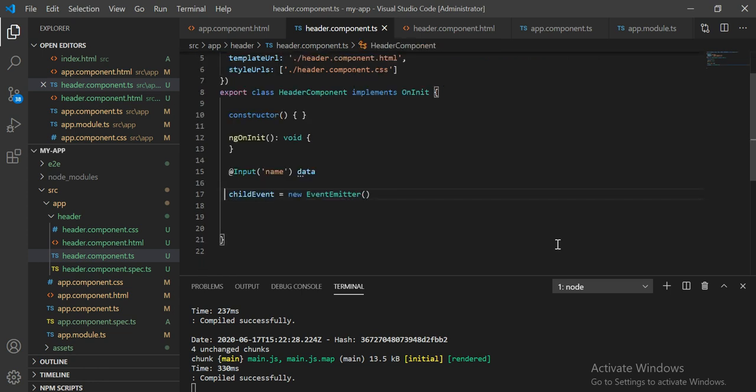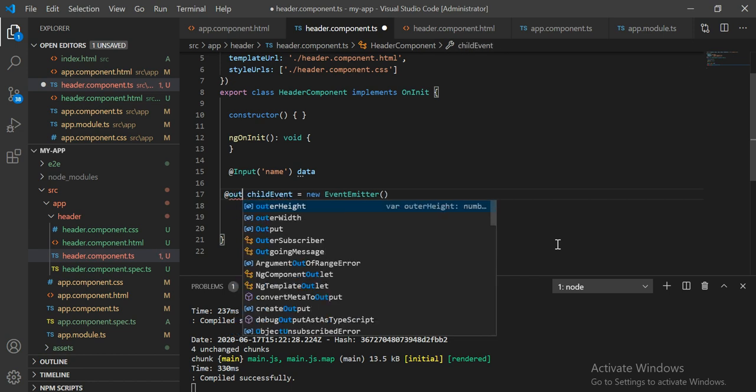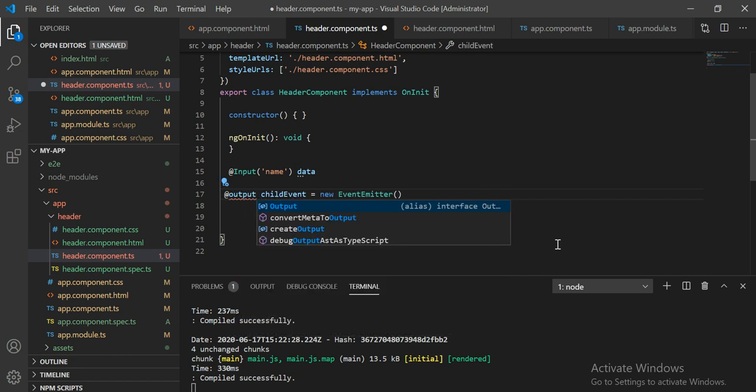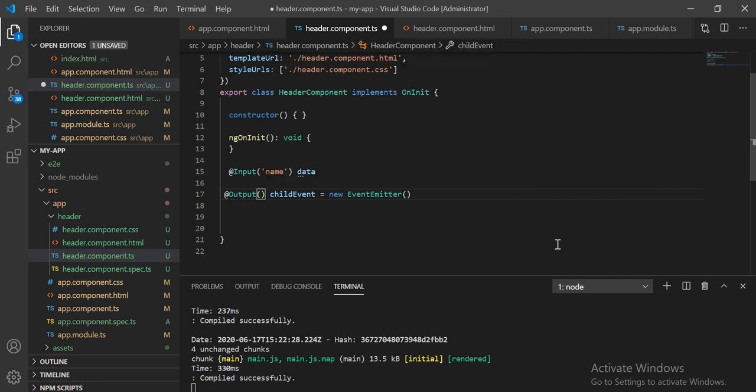Also, you have to declare the output decorator, because this is the event that passes the data from your child outwards, to its parent.